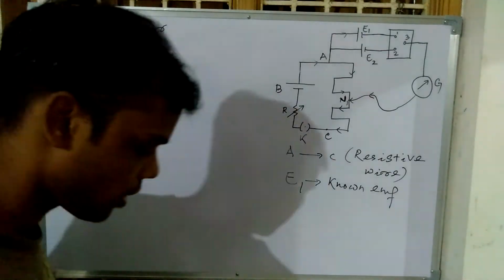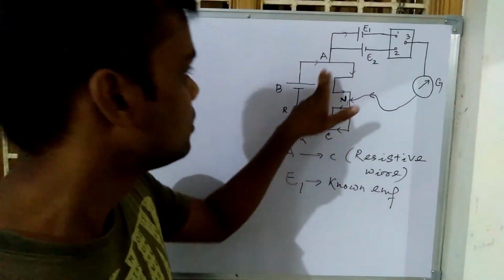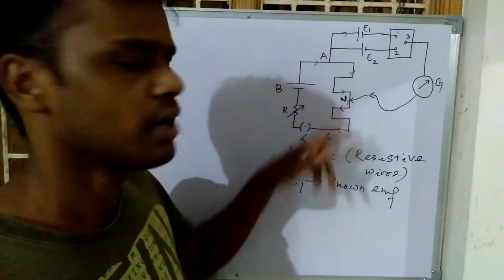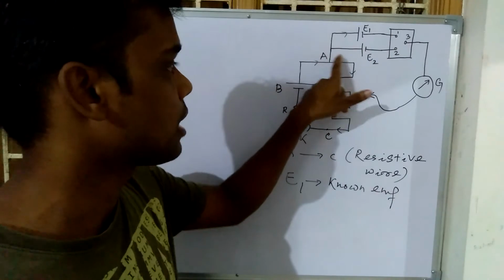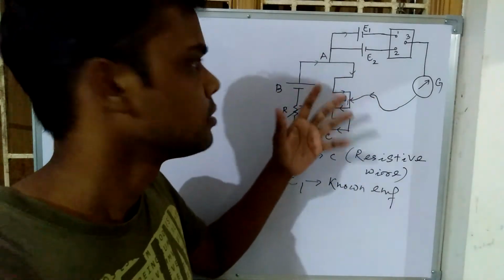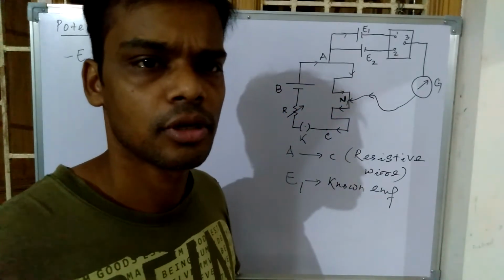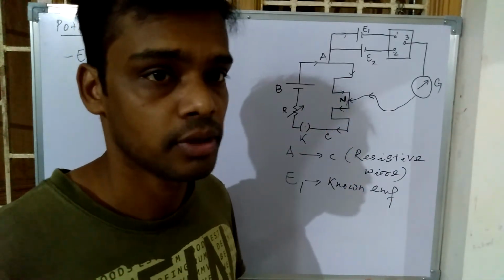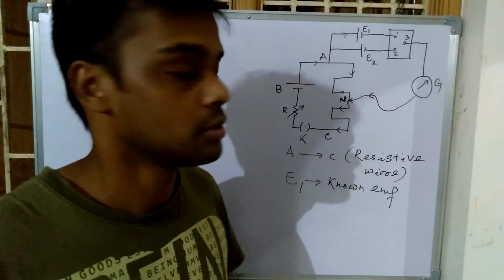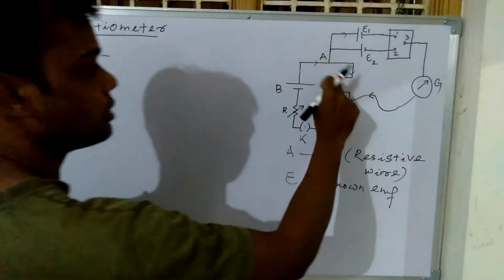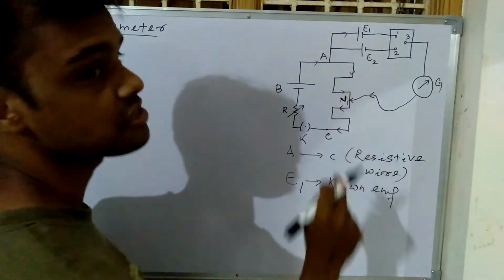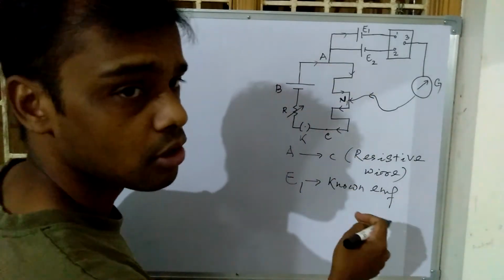But one more thing, this is not a source, it is a drop. Why drop? Because this is a resistor and current is already flowing through it. That means some potential is being dropped across it. So a resistor cannot supply potential, it always consumes. That's why, what is the value of the drop again? Here we do not know what is the value of this resistance. So how to find out the drop?